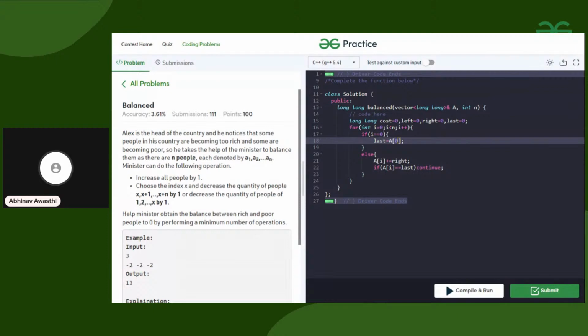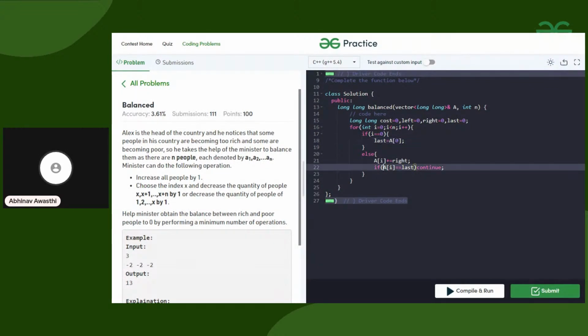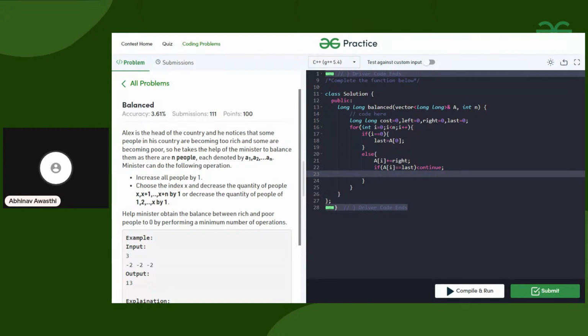Fine. Now the thing is that basically we are comparing this current element with the last element. In the next step we will compare that. So if it is already equal, we cannot compare. In that case we will just continue. Otherwise we will compare. The comparison will be that if